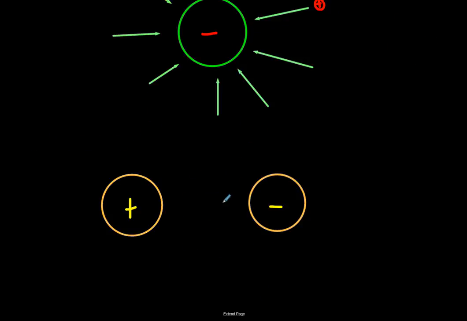Okay, now what's going to happen if we have a positive and a negatively charged object and they're nearby each other? Let's think what would happen if we put our test charge right in the middle here. That's our test charge. We would expect this to happen. It would just be repelled from the positive and attracted to the